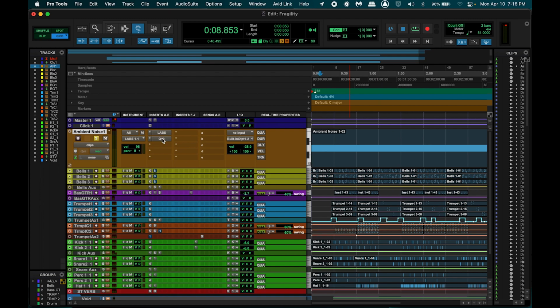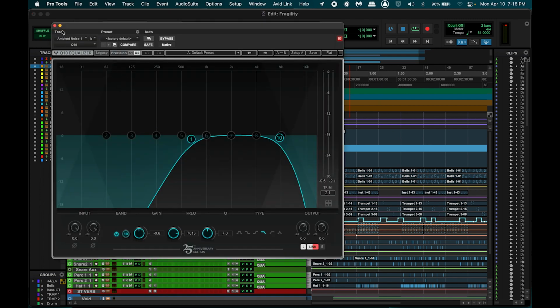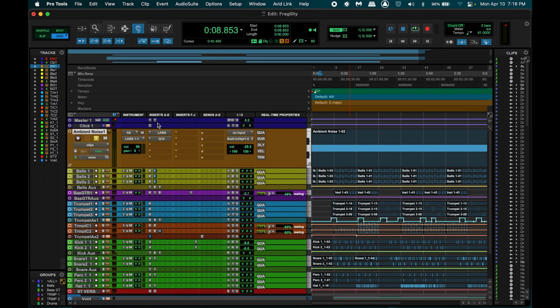And then I also EQ'd it. I'll jump into this later in the video, but I did a high pass and low pass for these different frequencies, cutting off around 250 here and roughly 16K, well, really 8K. I did that so I could fill the frequency spectrum on my master track here.